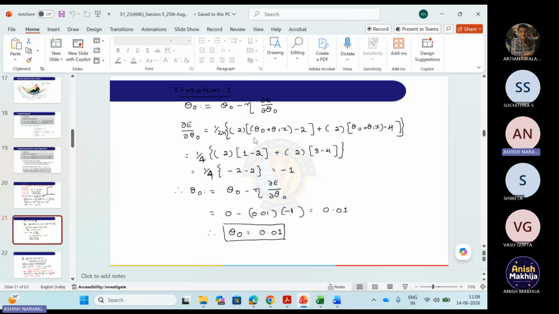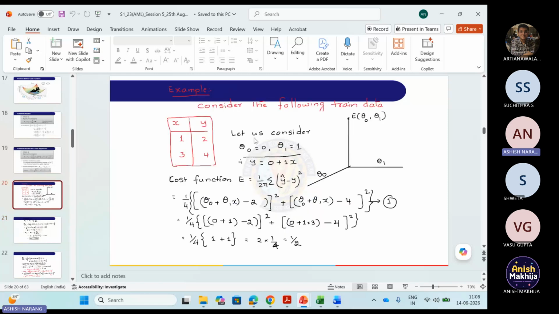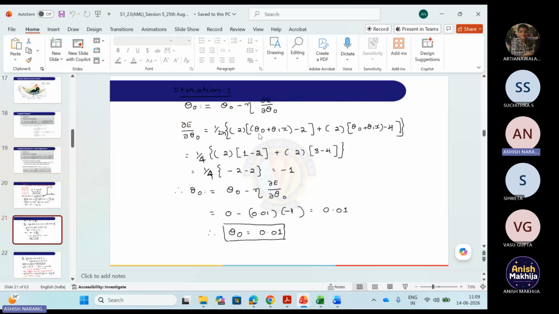So if I have to do the partial derivative, you see it was a square, so the 2 will come in the front, right? That is how you take derivatives. And with respect to theta 0, theta 1 x will be treated as a constant because I am going to do the partial derivative with respect to theta 0. And when I do it for theta 0, it will become 1. So that is what is mentioned. This theta 0 will become 1, right? This constant term will become 0. So this has turned out to be 1 minus 2. Similarly, it will turn out to be